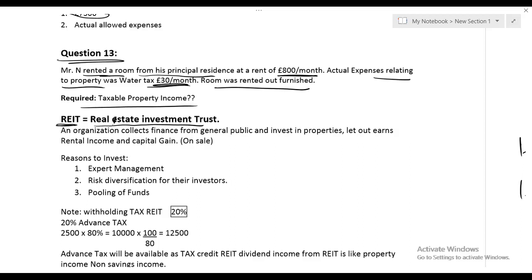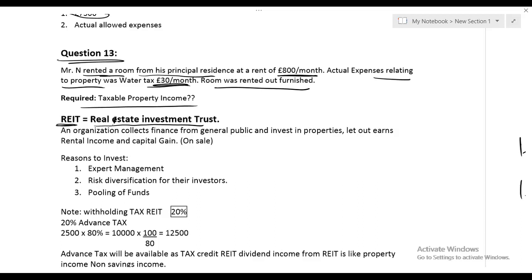So the dividend from a real estate investment trust is described as dividend income. You are learning a very new concept today: sometimes it says dividend income, but it is not a dividend income. Actually, it is a property income. Wow. The question says dividend income, the examiner says dividend income, but you are saying no. It is not a dividend income. It is a property income.